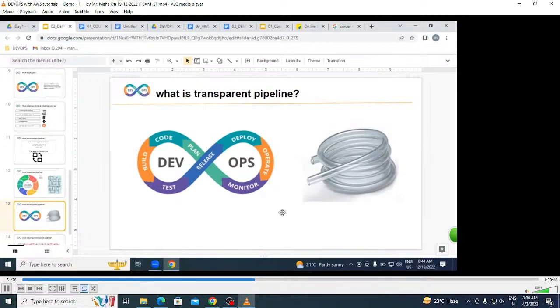Understood? If any issue or problem or blockage occurs in the middle, you can see at one look in this transparent water pipeline exactly where the problem is, and resolve it as soon as possible. The same way with the DevOps process also. DevOps is an automated process. DevOps is a transparent process. In the middle, if you get any issue or problem,